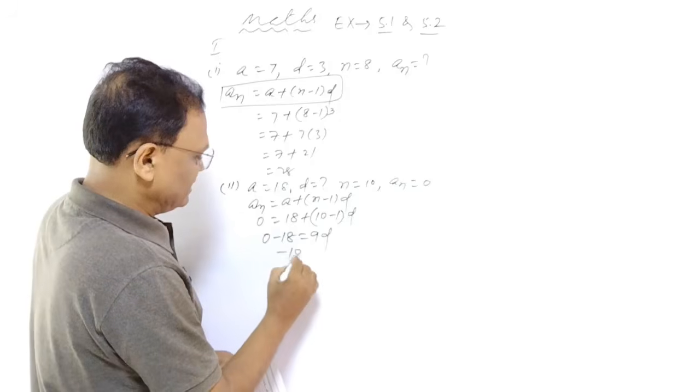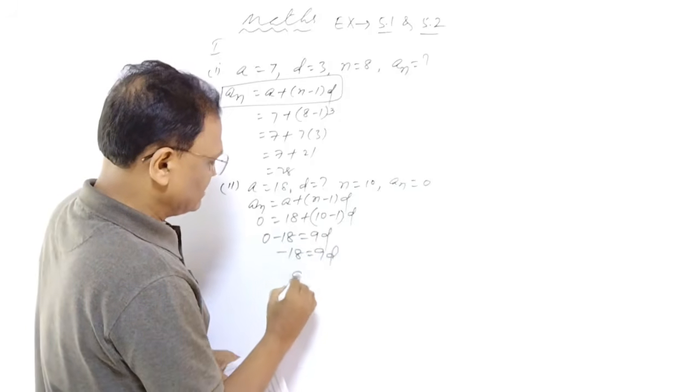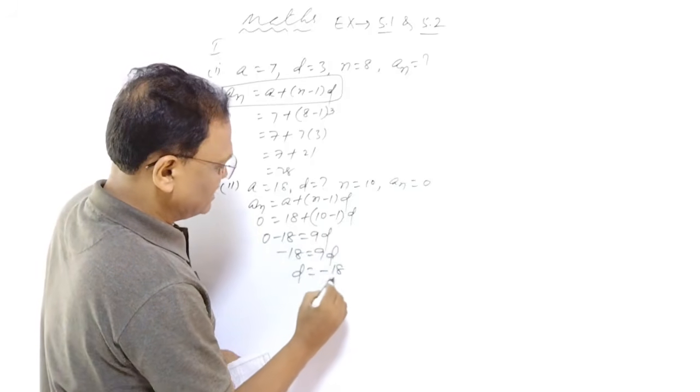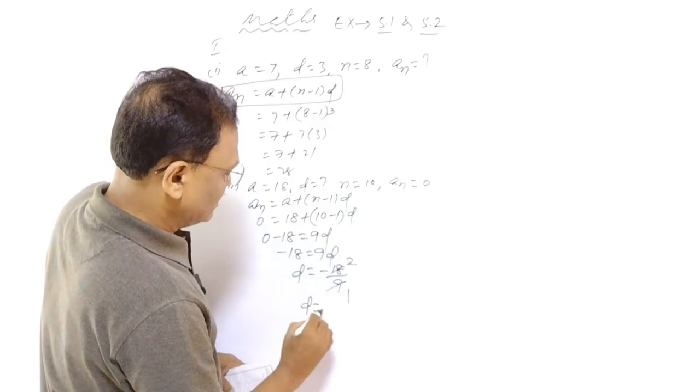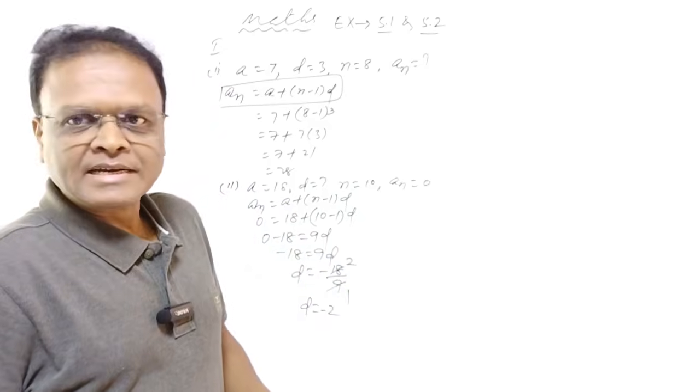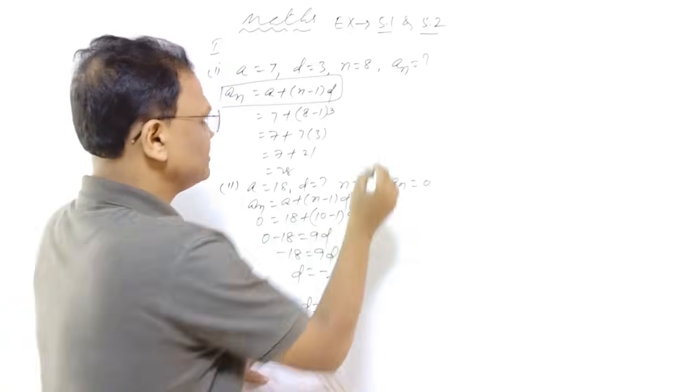So minus 18 is equal to 9D, which implies D is equal to minus 18 by 9, which is nothing but minus 2, since 9 twos are 18. So my D value is equal to minus 2. Second one over. Now the third one is,